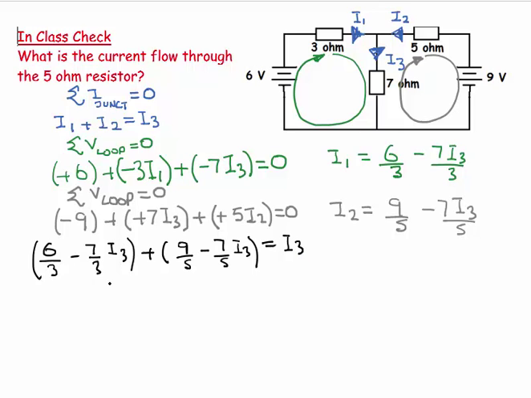So then let's collect terms. Well, 6 over 3 is 2, plus 9 over 5 is 1.8, is equal to